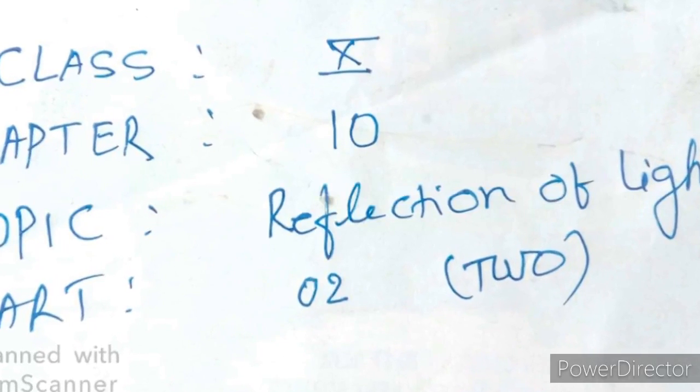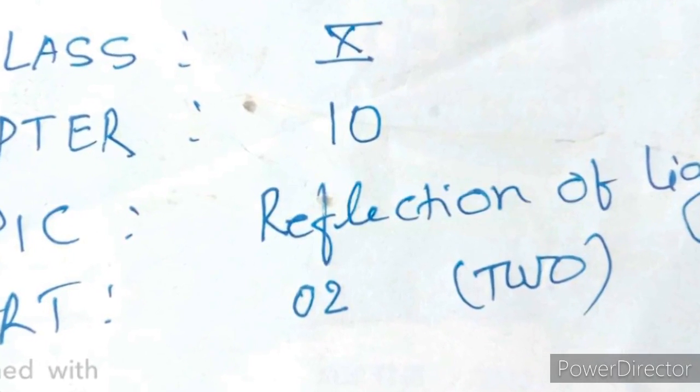Dear students, today we'll discuss mirrors. Any smooth and highly polished surface that reflects rays of light is called a mirror. The mirror is generally of two types: the plane mirror and the spherical mirror. If the reflecting surface is plane, it is called a plane mirror, and